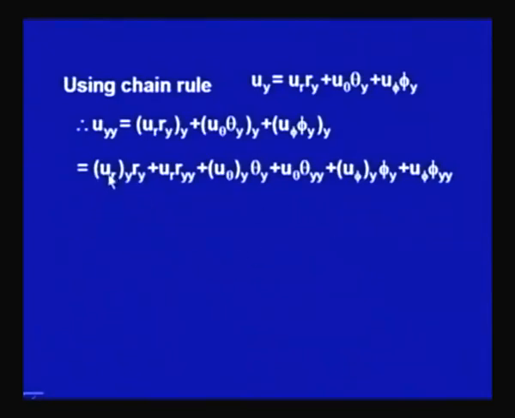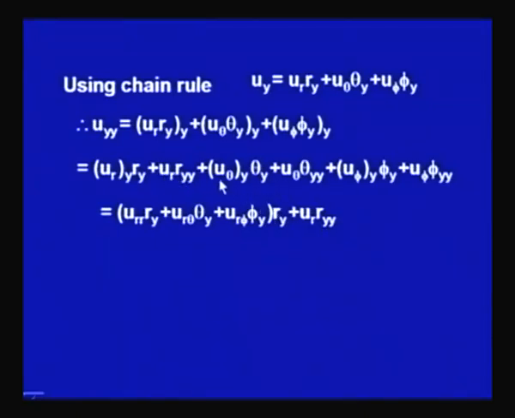Again using the chain rule for u r, the derivative of u r with respect to y, derivative of u theta with respect to y and derivative of u phi with respect to y, we would again use the chain rule, and we do get finally it as u r r r y plus u r theta theta y plus u r phi phi y times r y, and then u r times r y y